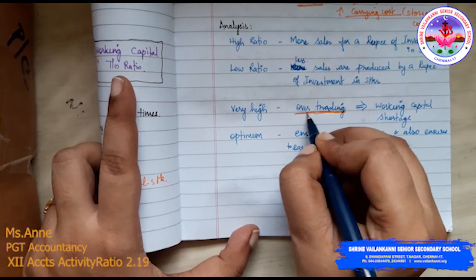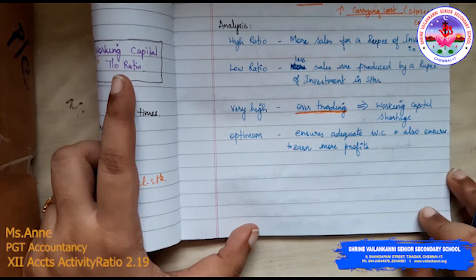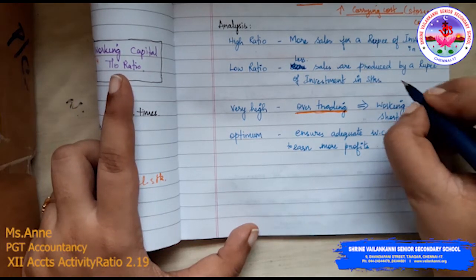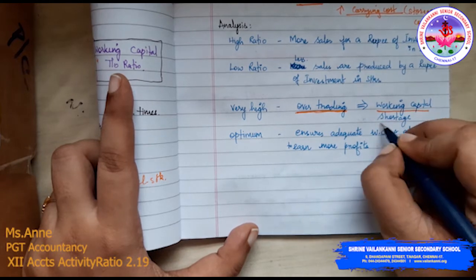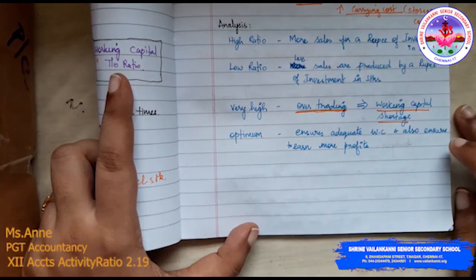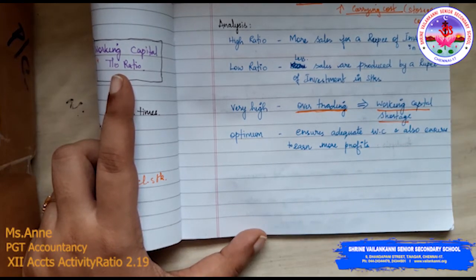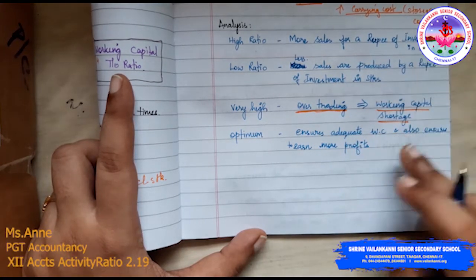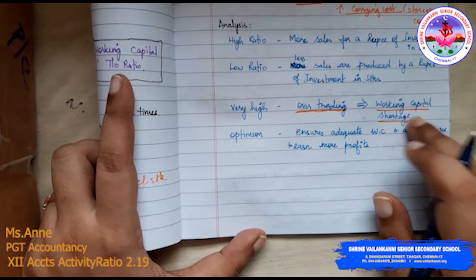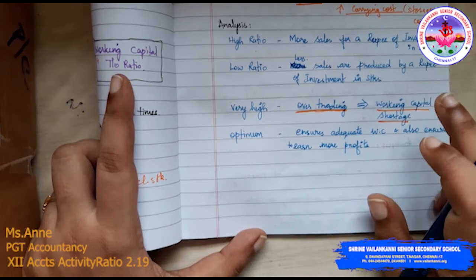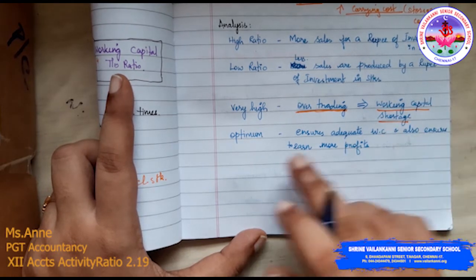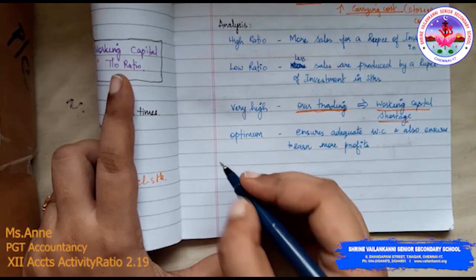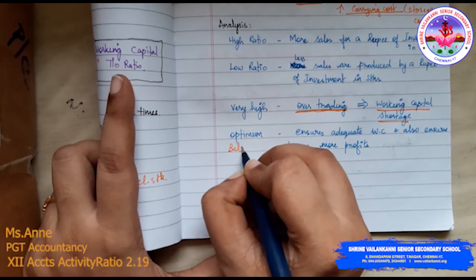Sometimes over trading can also be not good for the business, because you can have a working capital shortage. Over trading is that you need to invest too much money into stock, but at the same time the stock goes out. But you have a shortage of working capital that can be detrimental to the business. So the optimum is to have a balance in everything.